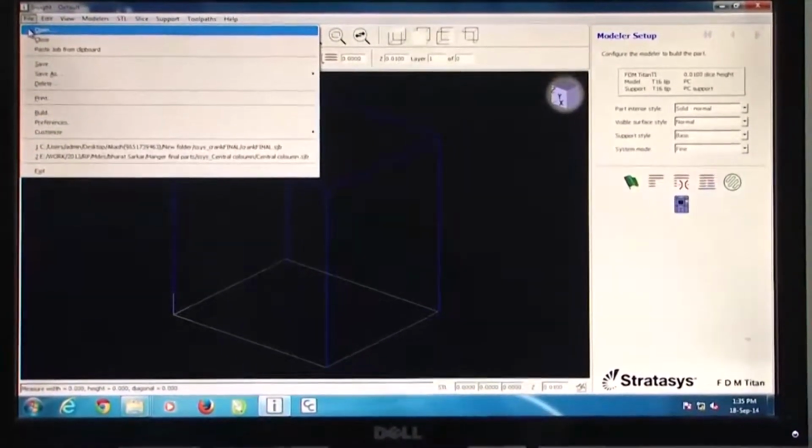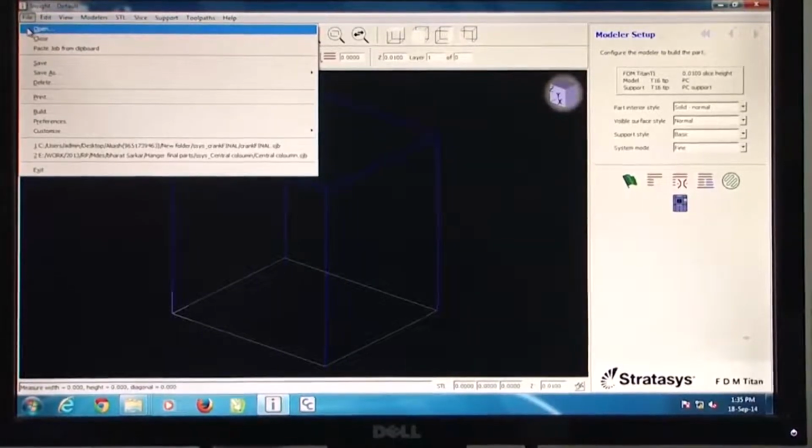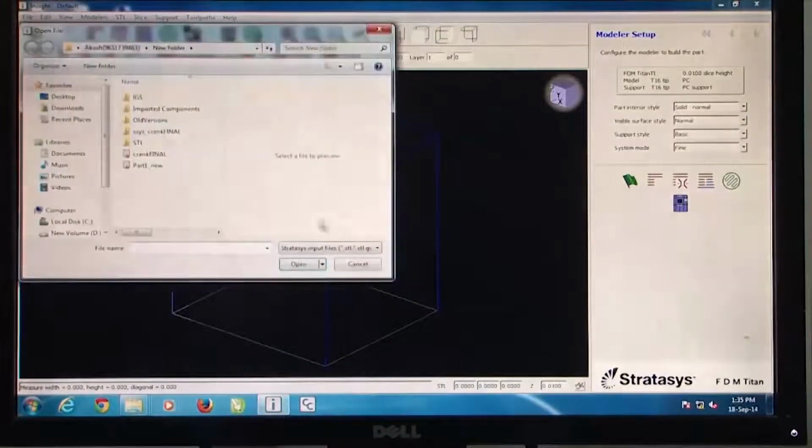So, here what I have done is, in the interest of time, I have made a CAD file earlier or borrowed it from some source, and typically this CAD data has to be saved in .stl format to enable this Insight version 9.1 software to be able to read it. Okay, so therefore, the STL file has to be opened using this Insight software. We open